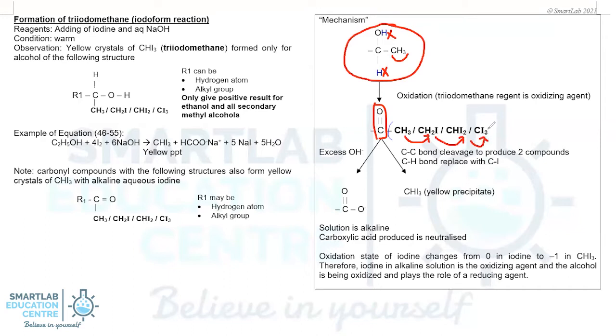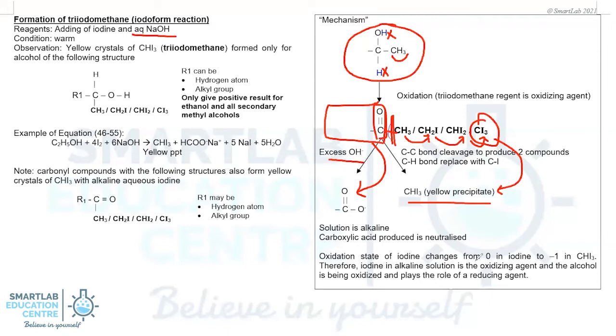And eventually, when it forms CI3, this CI3 will contain lots of steric hindrance, and because of that, it will break off to form your CHI3 in the final step. And so the final cleavage will occur. The final bond cleavage will occur here, and whatever structure is down here will then eventually form your carboxylate. The reason it forms a carboxylate is because the reaction medium comprises sodium hydroxide, which is an alkaline medium.